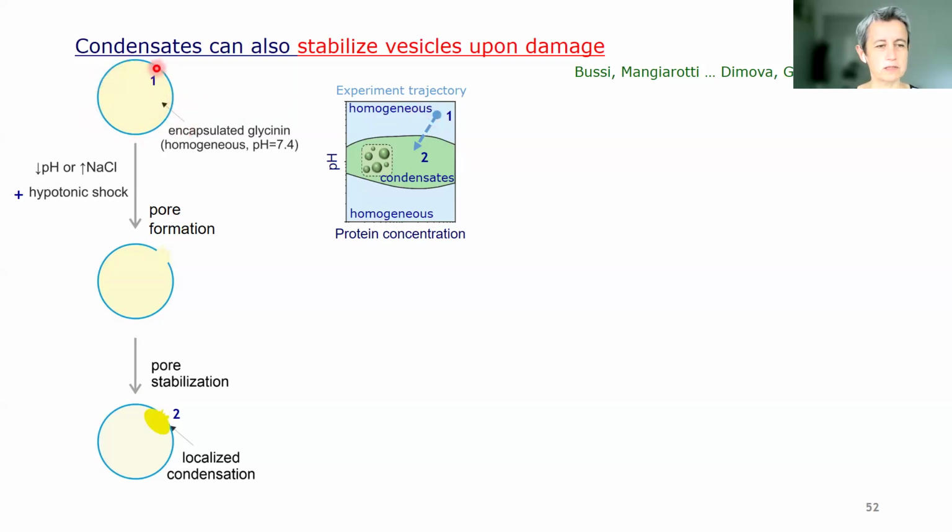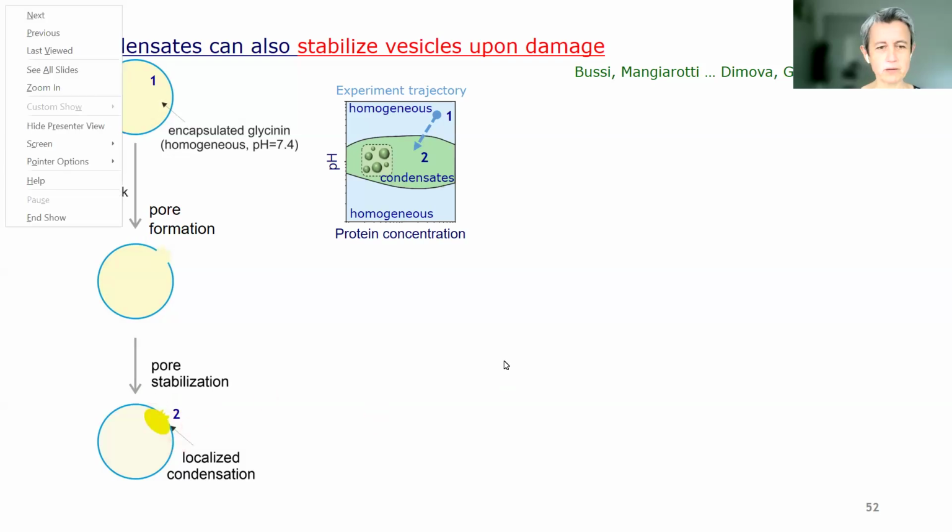And this is our vesicle. Outside, we exchange the solution such that if the protein leaves the membrane, it would end up in this region where condensate should form. At the same time, we create a pore by using a hypotonic shock. And when the protein leaves the membrane, it forms the condensate, which localizes at the pore. The way we do that is by,